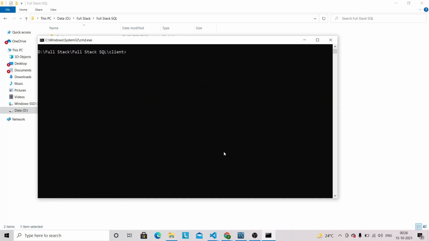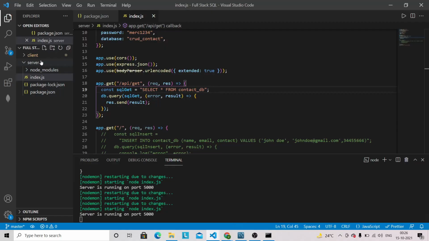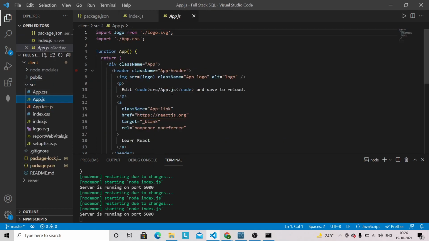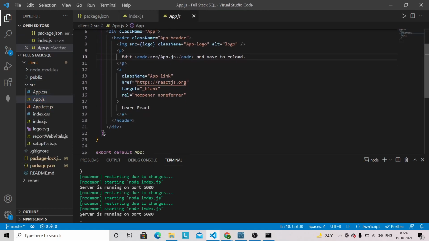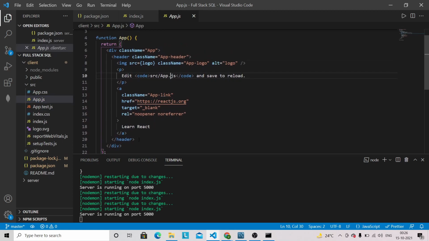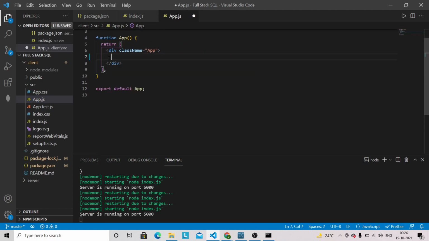So let's go into Visual Studio Code first. You can see that we have got this client folder here, and first I will remove this unwanted content. We don't need this one, and I will simply give here hello React.